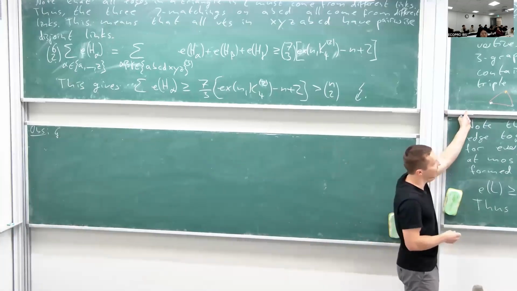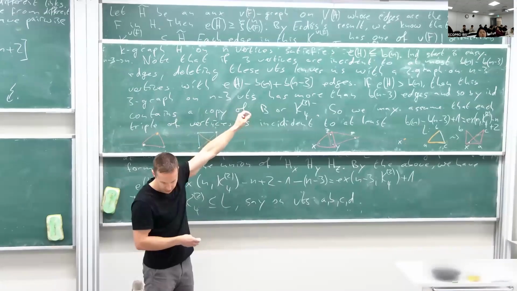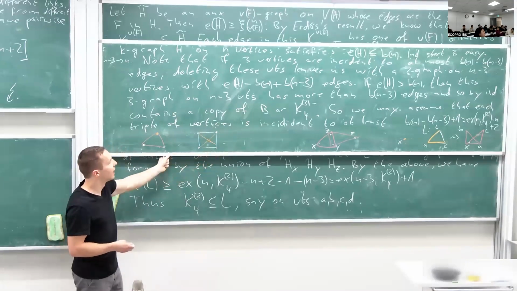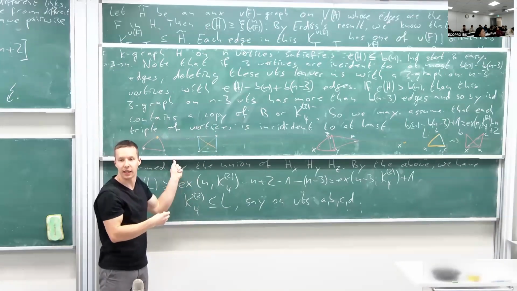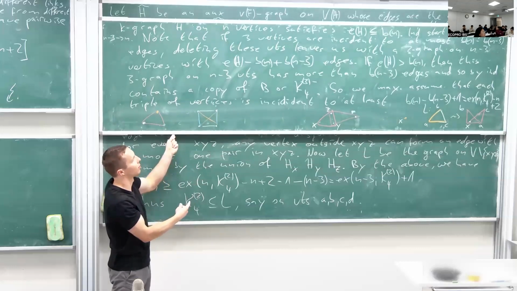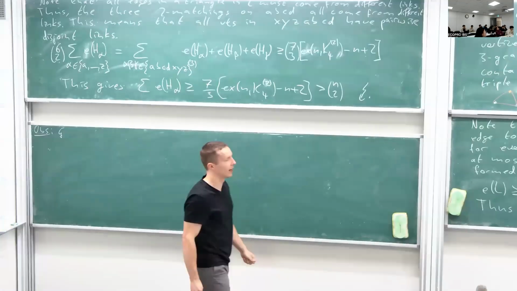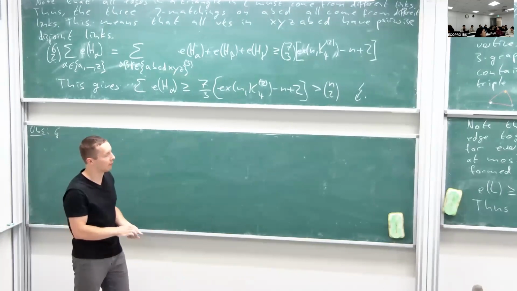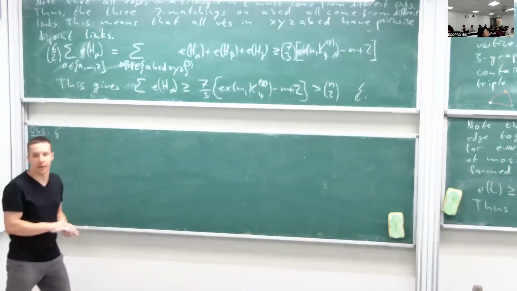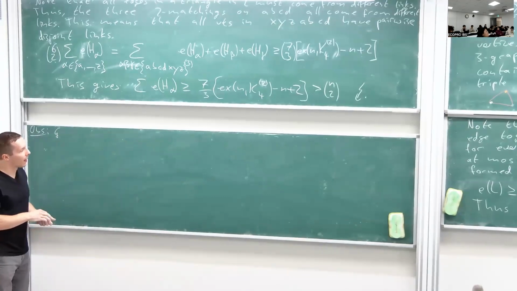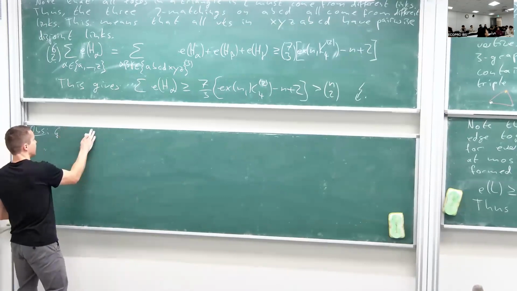First we argued that if we are free of the B and the K4 minus, then we can assume that every triple must be incident to many edges, because otherwise we could proceed by induction. And that, together with assuming that we're K4 free, gave us the contradiction when we have more edges. So yeah, this observation